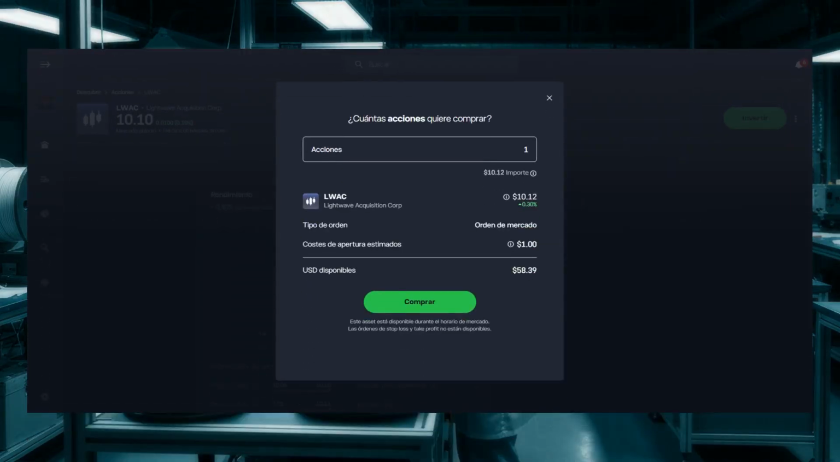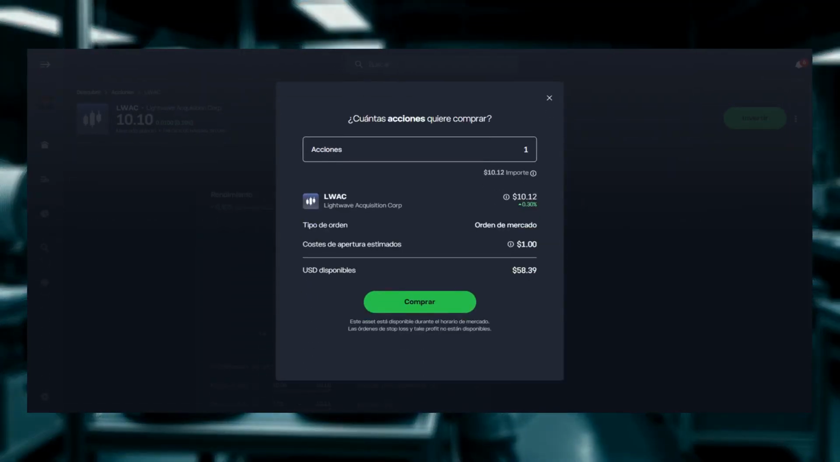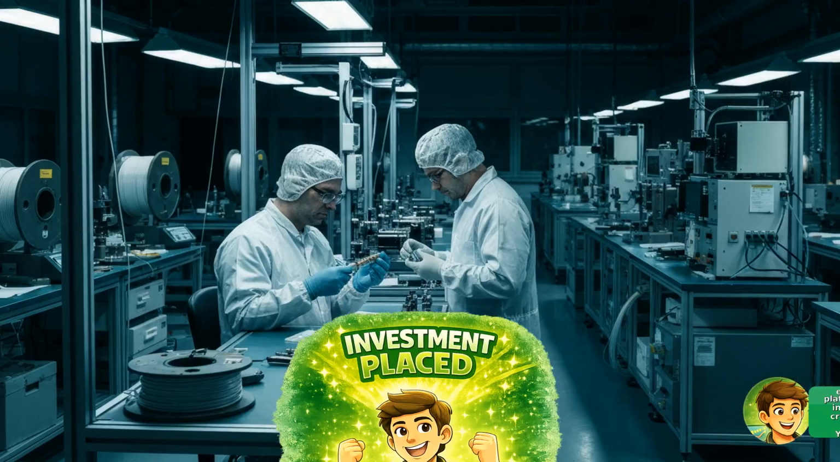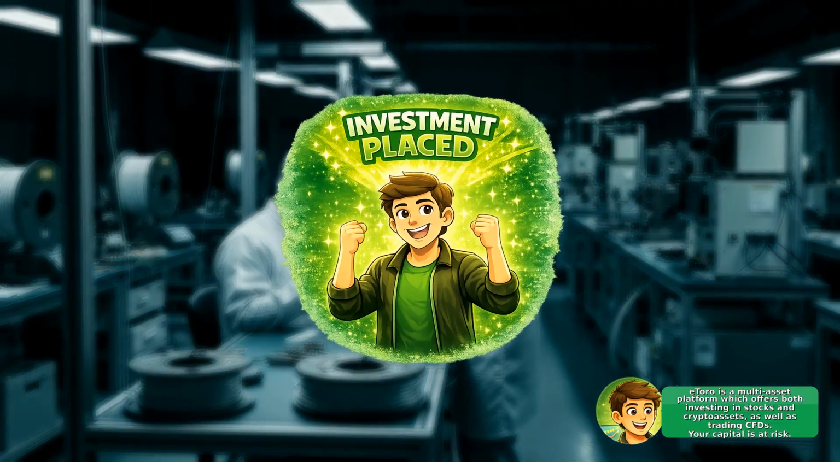To buy, choose trade or buy. Enter the amount you want to invest, and then carefully review and confirm the order. If the market is closed, the order may be queued, and if you don't have enough funds, the platform will prompt you to add them before confirming. Once executed, your LWAC position will appear in your